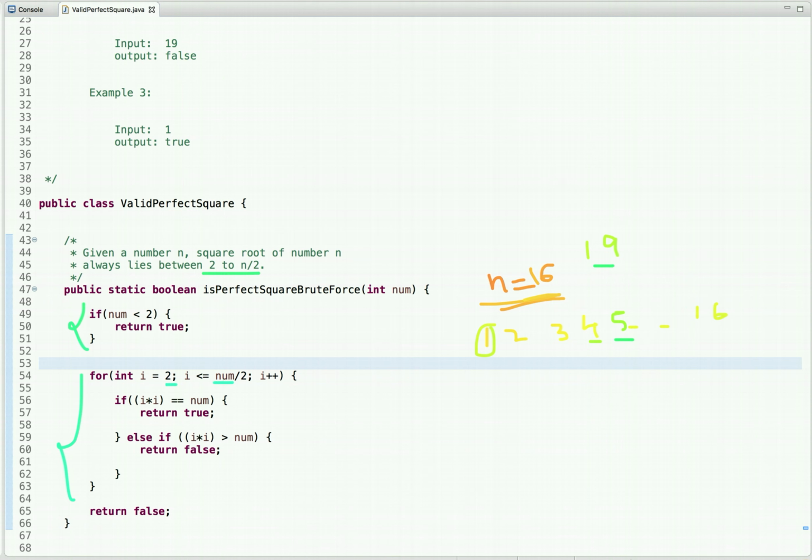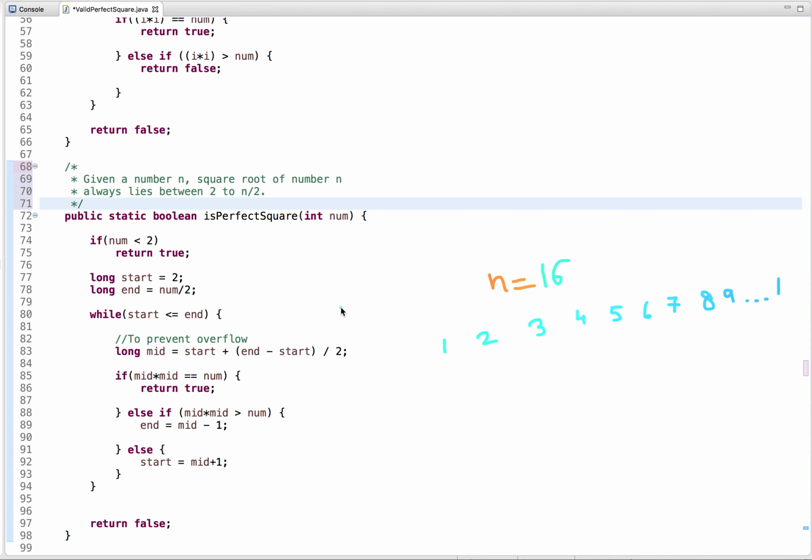We can solve this problem efficiently using binary search. Now suppose the number is 16 and we have to check whether there exists a number whose square is equal to 16. What we can do is use this property: given a number n, the square root of number n always lies between 2 and n by 2.